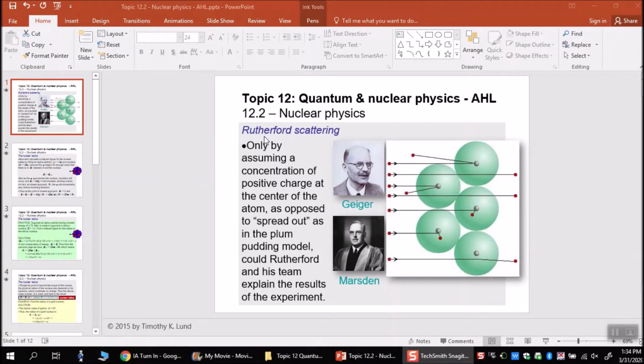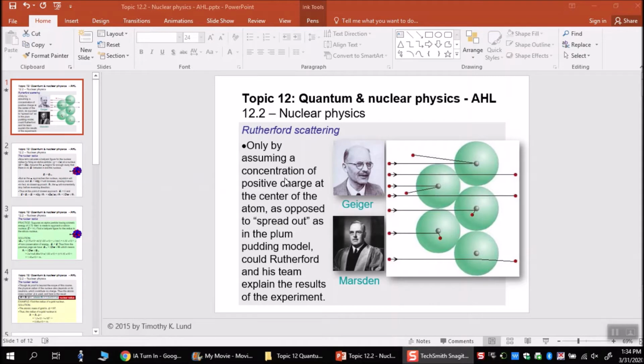Hey guys, okay, we're going to finish up our topic 12 today, talking about topic 12.2, nuclear physics. A lot of what we covered in SL, you'll need as a background for this. For instance, I remember